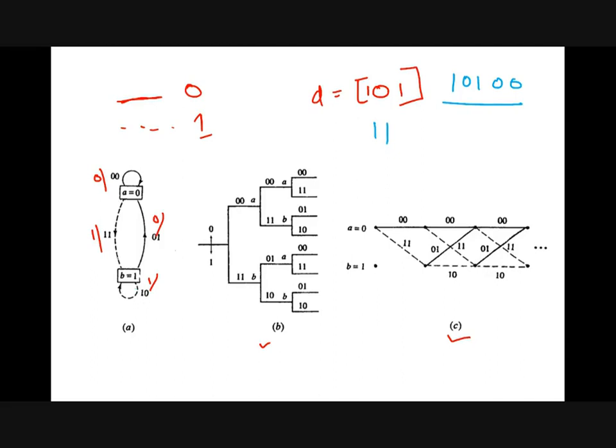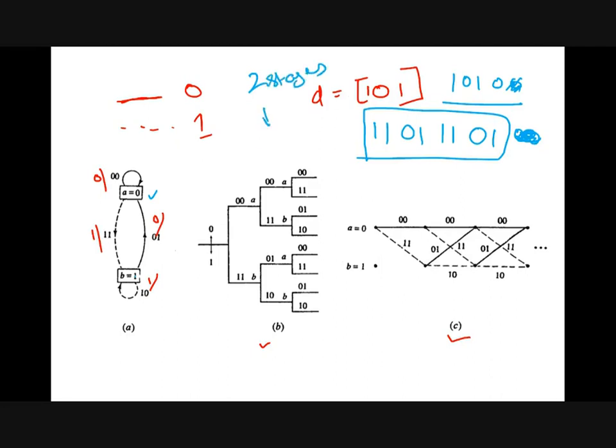Then when 0 enters, I am at state b. When 0 enters, we come to 0 1, and the state changes. Again 1 came, again 1 1, and the state is b. Then 0 0 1, then 0 0 0. Sorry, we only have to pad one bit, since there were 2 stages. So this is redundant. This is the output because there were 2 stages, so only 1 bit pad.